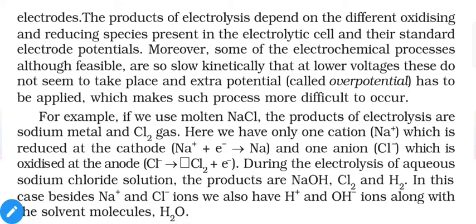Although spontaneous, reactions still require activation energy. We have to give some push to obtain the reaction. This extra or initial push is called activation energy or overpotential. Certain reactions require this type of external support, and sometimes these values are quite high. So at lower voltage, this extra overpotential is not sufficient to initiate the reaction. That's why instead of the element with lower reduction potential value, the one with higher reduction potential will participate in the reaction. We will discuss it with a suitable example as follows.